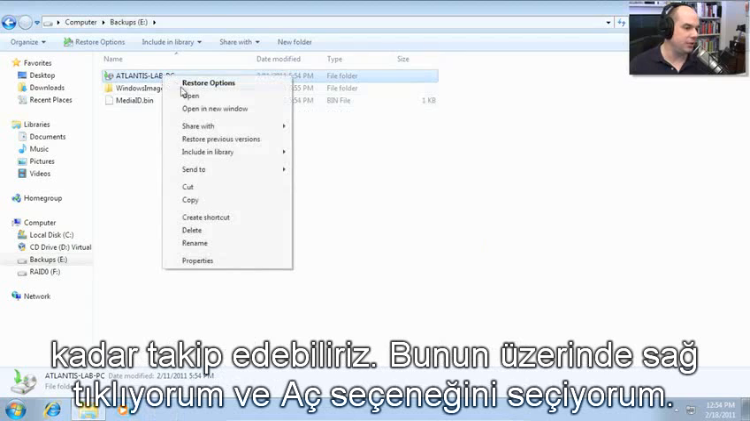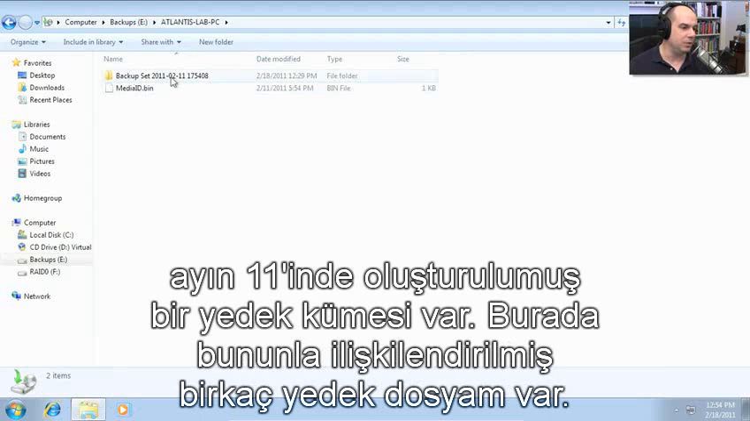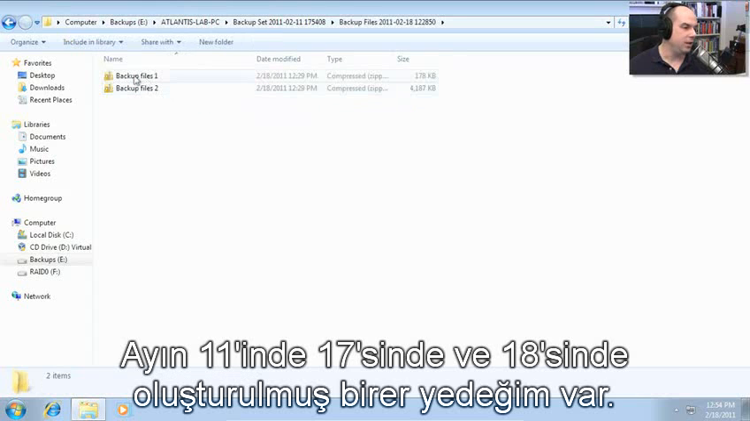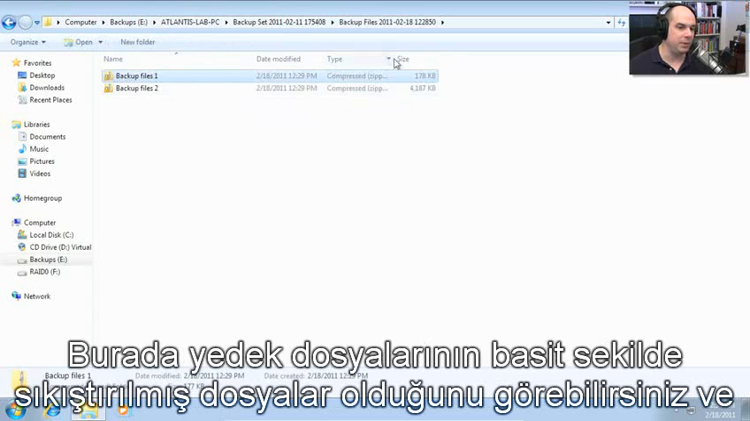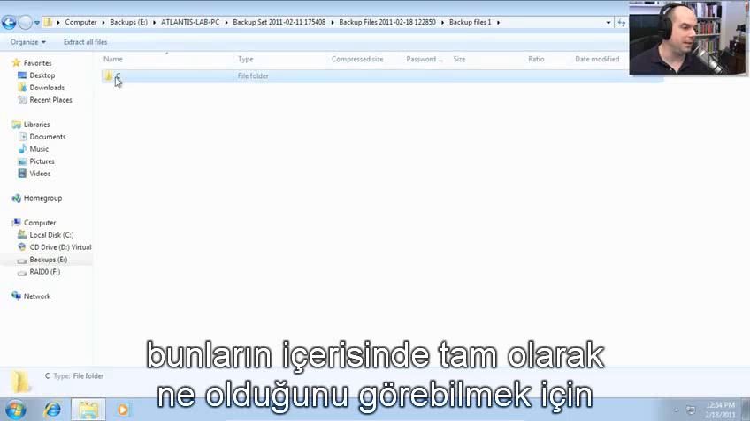If I right mouse click and choose open, I get some different options. I go into this folder and you can see there is a backup set that was created on the 11th, and I have a number of backup files associated with that. There was a backup on the 11th, on the 17th, and on the 18th, and you can see the backup files are simply compressed zip files,